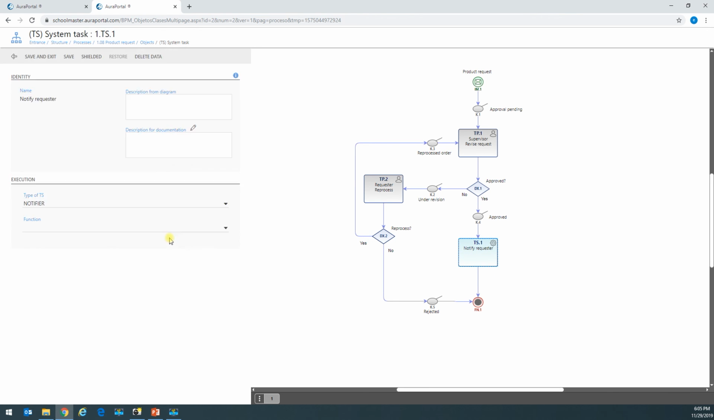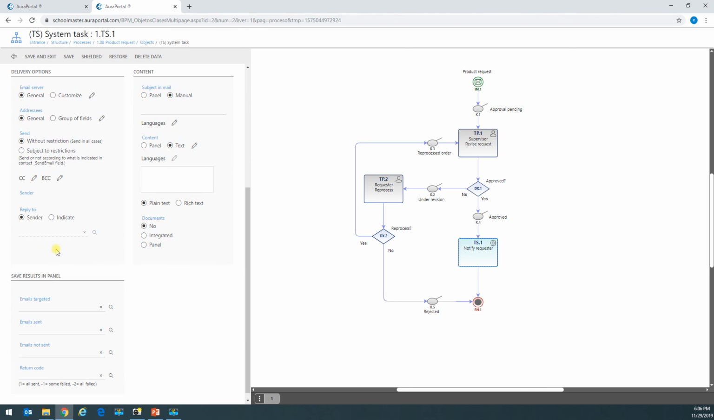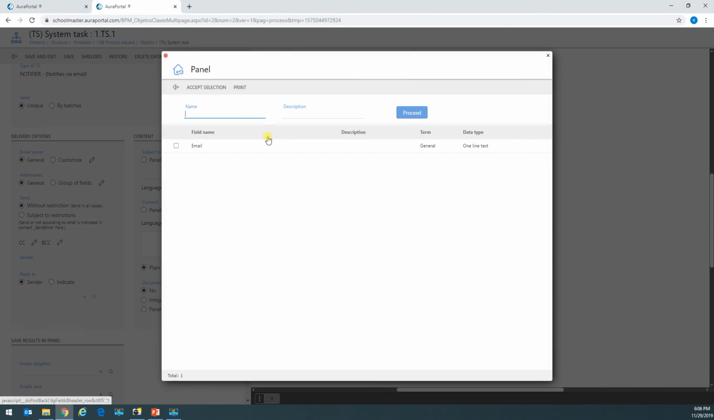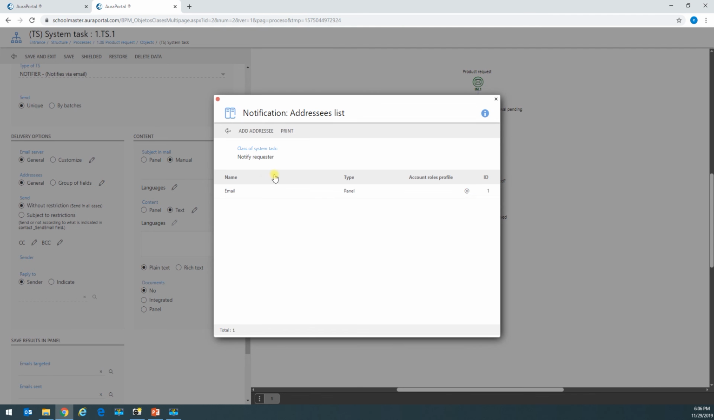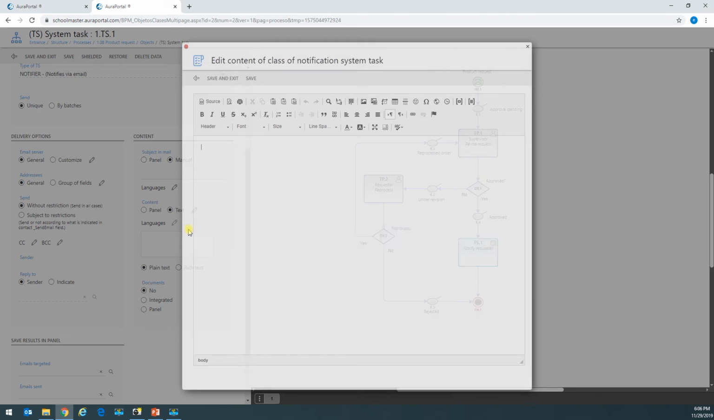Here I'll select notifier, who I want to notify, and in which way I want to notify this user, for example, via an email. And now I'd have to add who's going to be the addressee. For example, the addressee could be whoever's email I typed in the form. And the text has to be defined here. The content, the body of the email. So I'm going to design the email here. I'm going to add some text, for example,